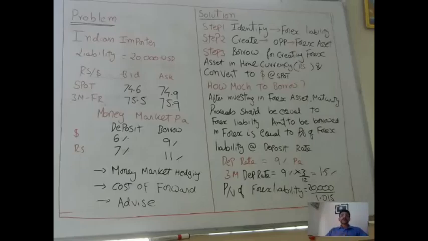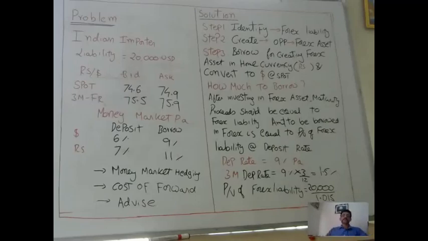Now, when we call the present value, I need to discount it. At what rate do I discount? Not at your borrowing rate, at the deposit rate. Why at the deposit rate? Because this money will be deposited in the investments in US. At this rate of interest, it will grow. So the 20,000 USD liability has to be converted to the present value at the deposit rate, which is given